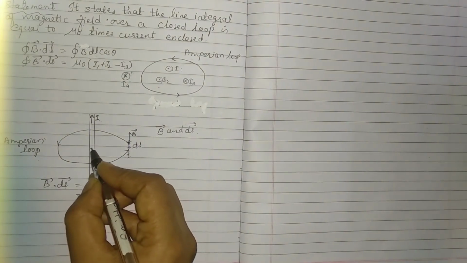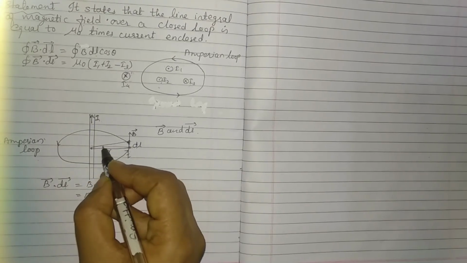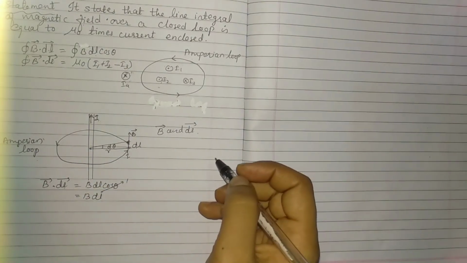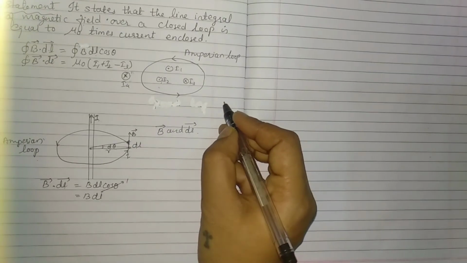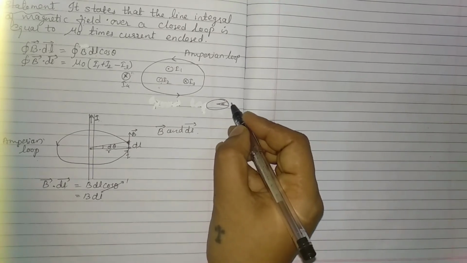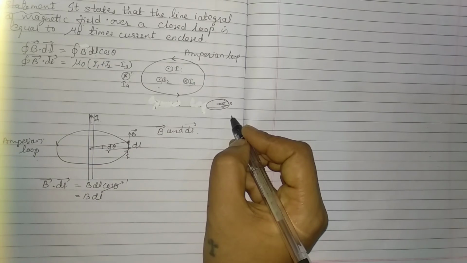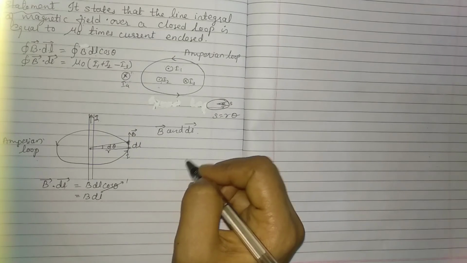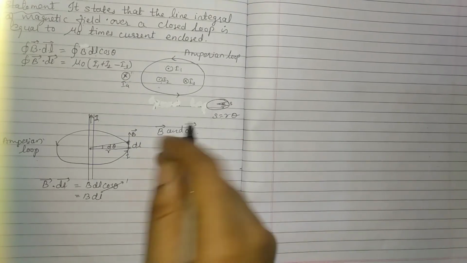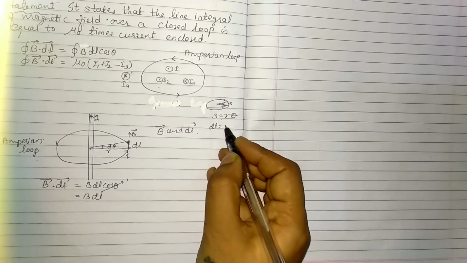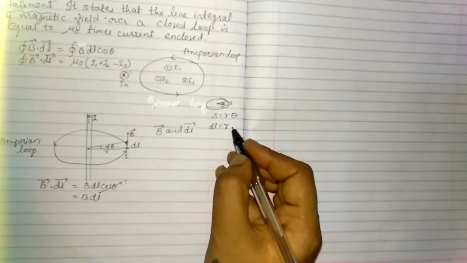So if you consider from here the distance r, and here the theta is very small, so I take it as d theta. As you are familiar with the length of arc, which we studied in 10th standard, if this is the theta over here and this is S and the radius you consider R, can we write this as S equals R theta? So can I modify this equation for this? S is what here? S is dl, and theta is nothing but d theta over here.